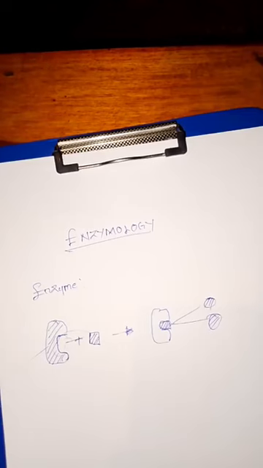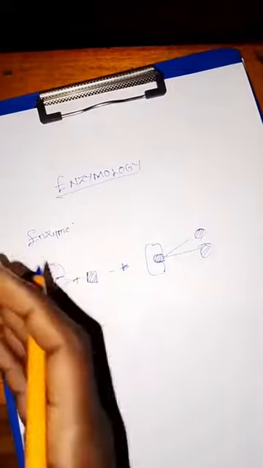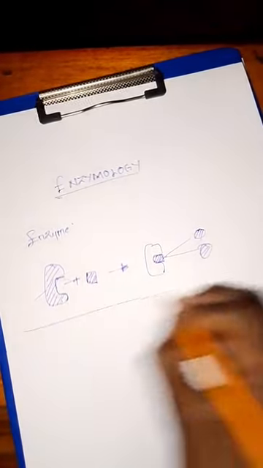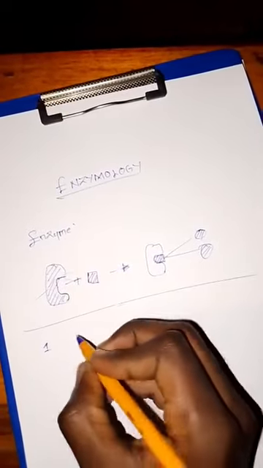Enzymes are classified according to the type of reactions that they perform. So we have different types of enzyme classification. These enzymes are going to be put in a specific class according to the type of reaction that they perform. The first class that we're going to look at is an enzyme class known as